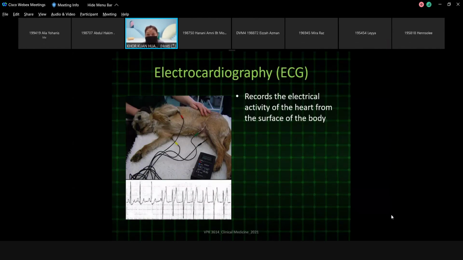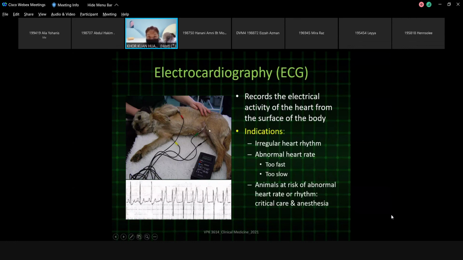Electrocardiography. Electrocardiography is a recording of the electrical activity of the heart, but you're doing it from the surface of the body. Indication: irregular heart rhythm. It can be that the heart rate is too fast, or the heart rate is too slow. Or you want to put your animal on critical care and it is coming out of anesthesia, and you want to monitor the recovery. Then you might want to put them on ECG because you